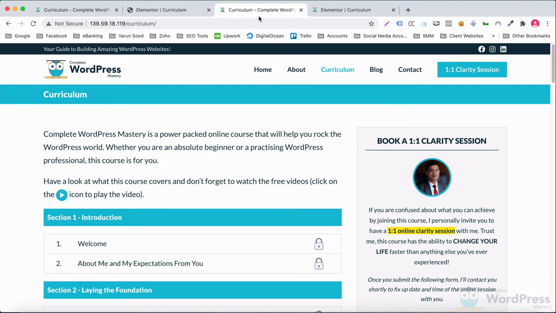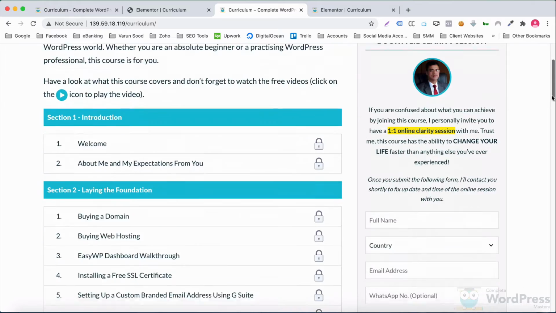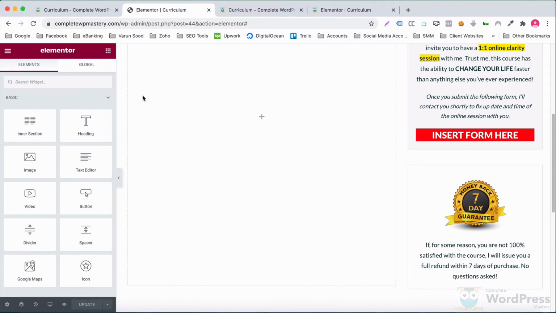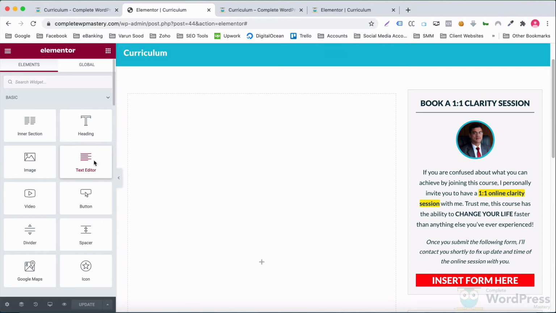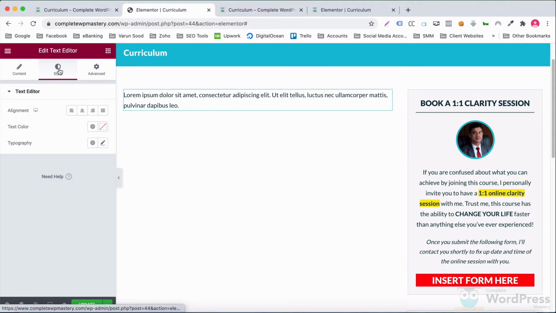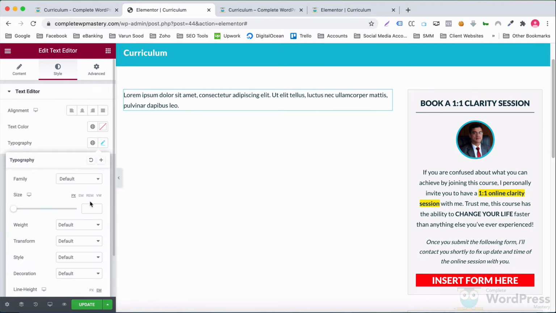Let's now start working inside the left column. I'll add a text editor widget and adjust its font size.